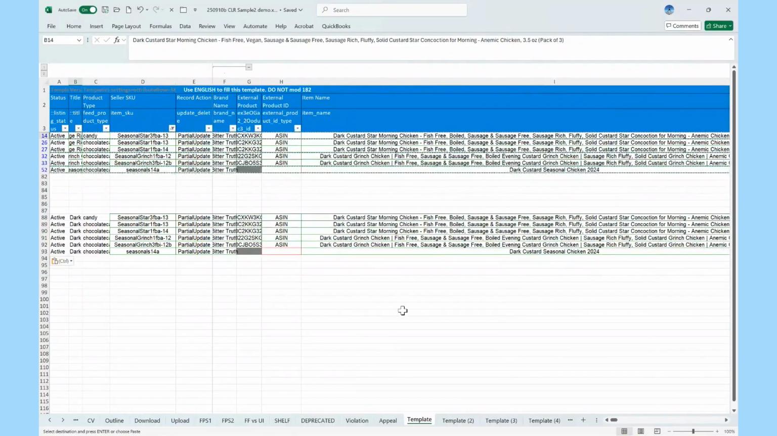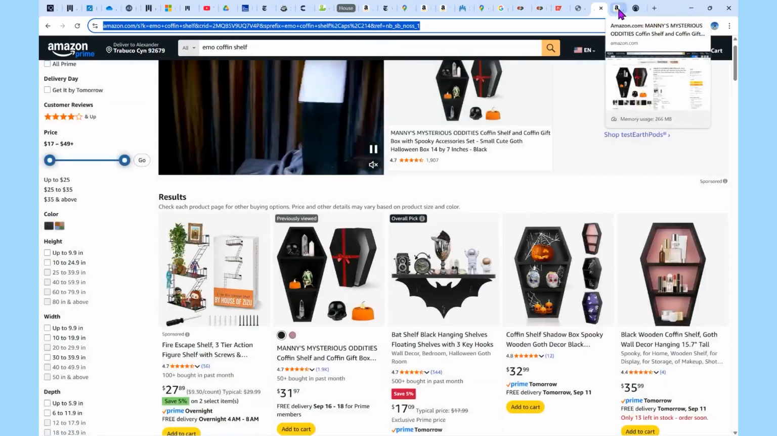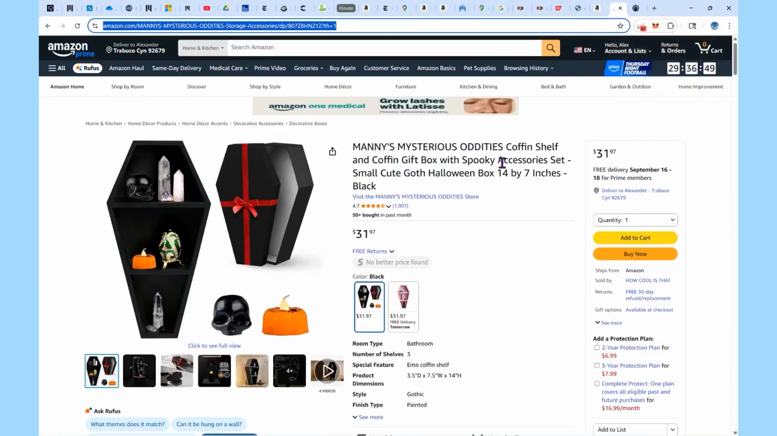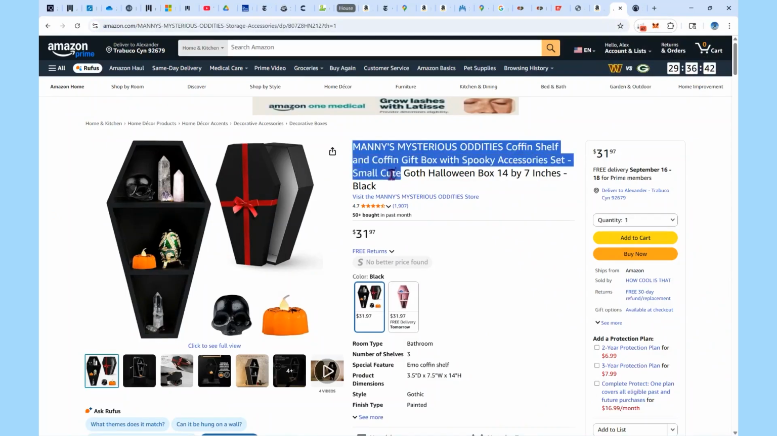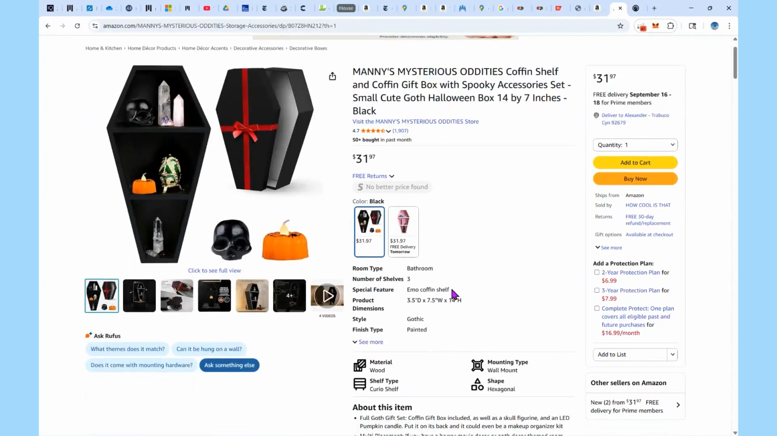Let me give you one example that I really like particularly. So this is a Bradley's listing from Helium 10. It's a coffin shelf. And when Bradley talks about his coffin shelf listing, he often mentions this particular feature called a special feature. Special feature is an attribute in a file, and